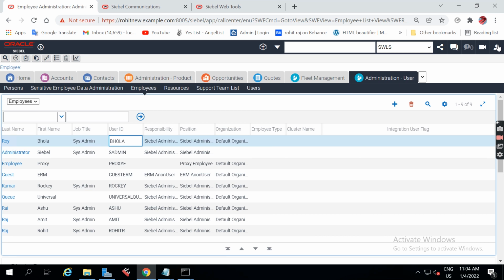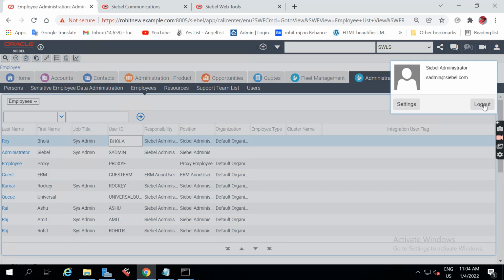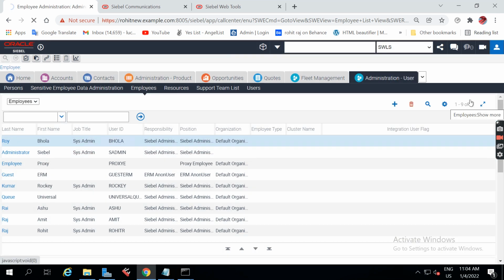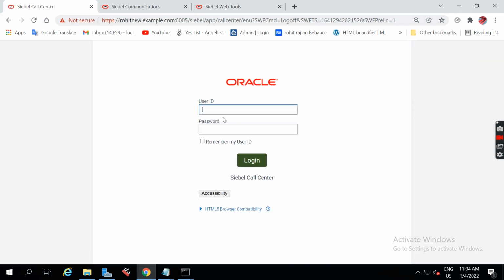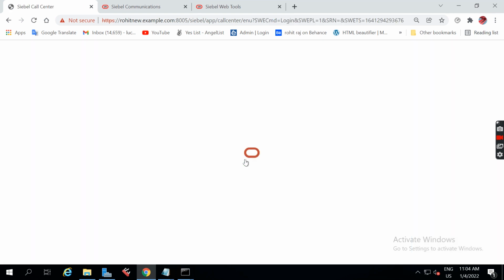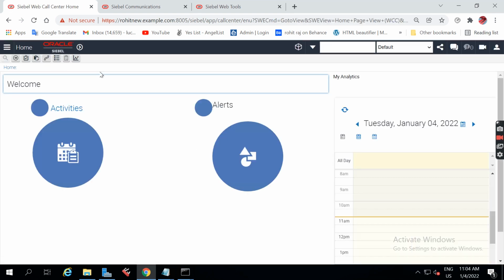For that we have to log out and log in with Bhola. Password is, see, we are in the Bhola account. See here, you are not getting any entities navigation tab bar.